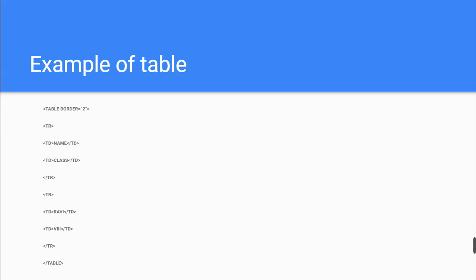So here you may see that we have two rows. The first row contains two cells, and these cells contain the values name and class. The next row contains two cells, and these two cells contain two values, Ravi and 8th. And at last we put the closing table tag, because the table ends here.